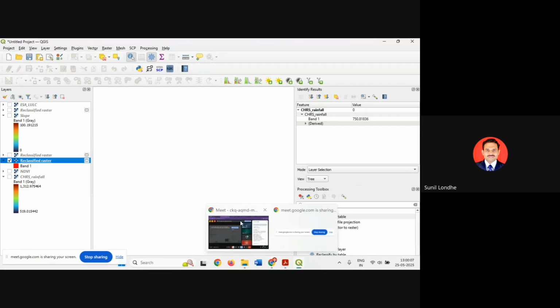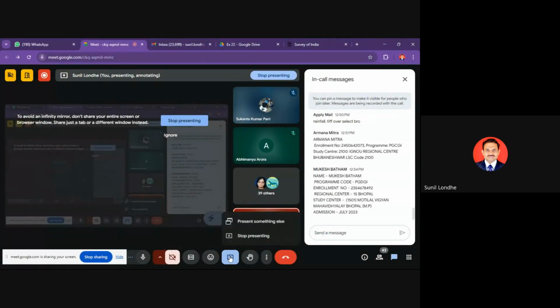चलिए, अगर सब लोग एनडीवीआई तक आ गए हैं तो बता देना, आगे का दिखाता हूँ। सर, आपने जो रेनफॉल वाला दिखाया, तो मुझे समझ नहीं आ रहा है कि मैं गलत क्यों हूँ या सही क्यों हूँ। रेनफॉल वाला मतलब क्या, उसमें आपके वैल्यूज नहीं आ रहे हैं? वैल्यूज तो नहीं आ रहे हैं, और जो डिस्क्रीट करके कलर दिखा रहा है वो भी नहीं दिखा रहा है। सिंबोलॉजी में जाओगे तो वो मैंने देख लिया, आपने उसको स्यूडो मल्टी कलर किया। वो मैं कर लूँगी, लेकिन वो वैल्यूज क्यों नहीं चेंज हो रहे हैं? कौन से वैल्यूज? अच्छा, आपके वैल्यूज आ ही नहीं रहे हैं क्या? हाँ सर, वही बोल रही हूँ मैं।